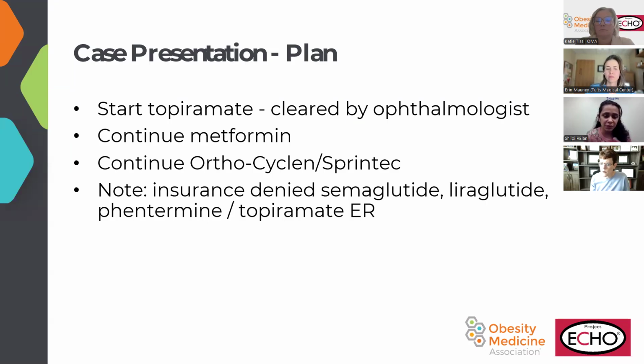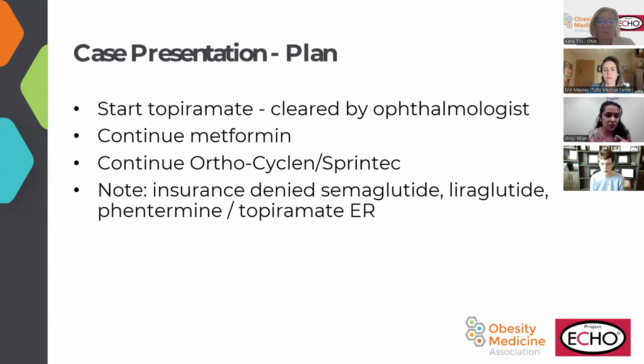Usually when insurances do not approve anti-obesity medication, I resort to off-label topiramate or phentermine. Because of the history of glaucoma, I felt topiramate might be a better option, but we still have to exercise caution when someone has glaucoma. So I reached out to our ophthalmologist here, and they said because her angles were open, it's okay to start topiramate. So I started her on topiramate. Usually I do 25 milligrams, going up every week by 25 milligrams to a maximum of 75 milligrams. I haven't seen her after starting topiramate. I'm going to see her in the next few weeks.